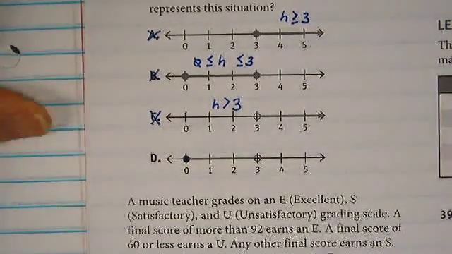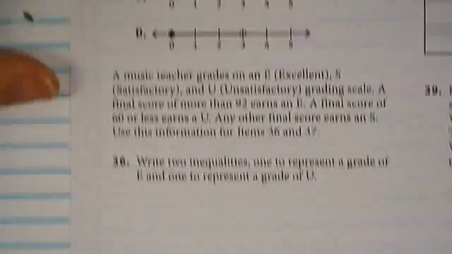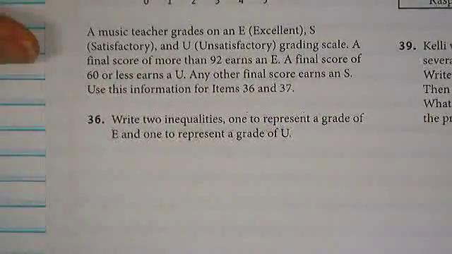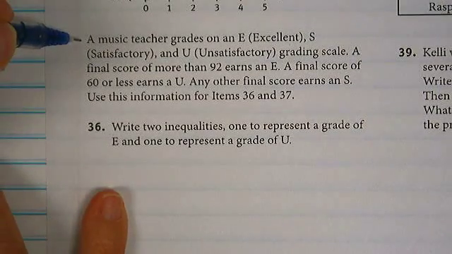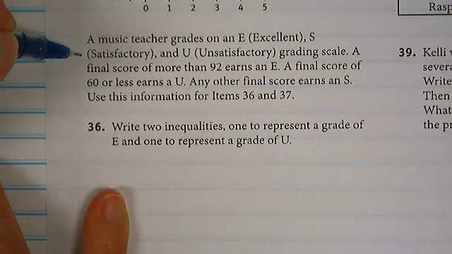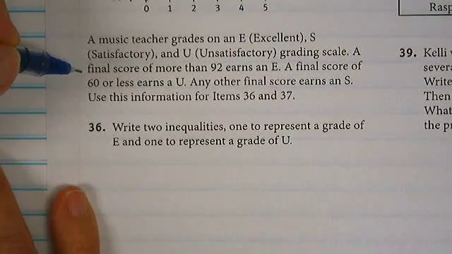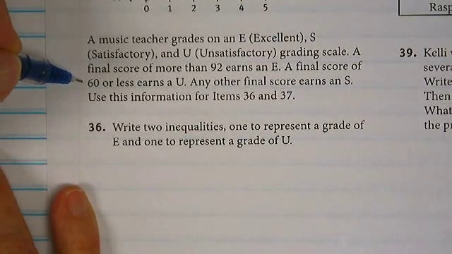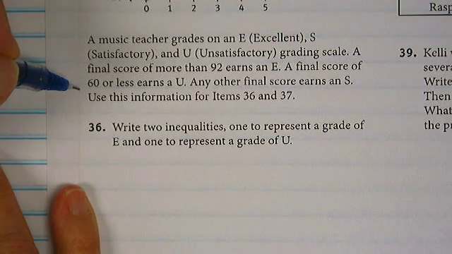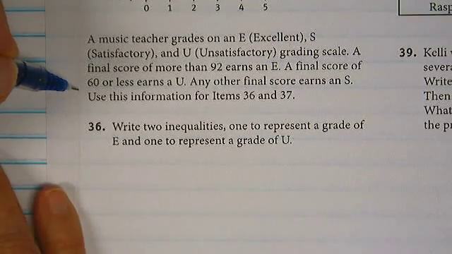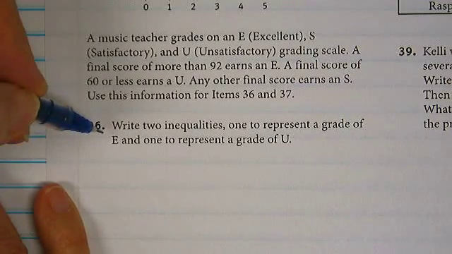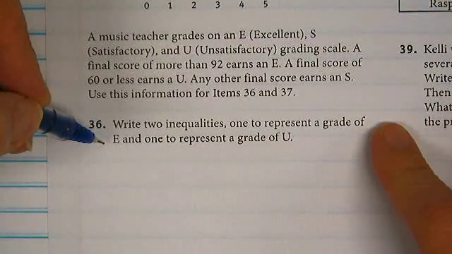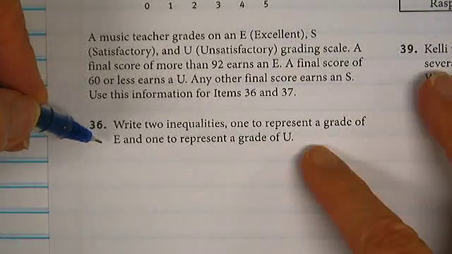Okay, problem 36. A music teacher grades on E through U grading scale. A final score of more than 92 earns an E, 60 or less earns a U, any other final score earns an S. On 36, write 2 inequalities, one to represent a grade of E, and one to represent a